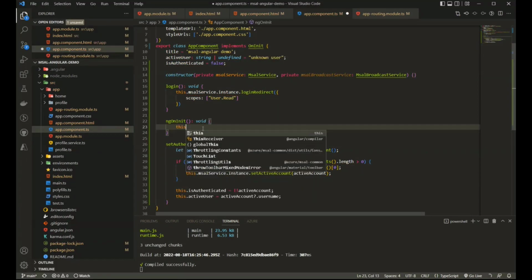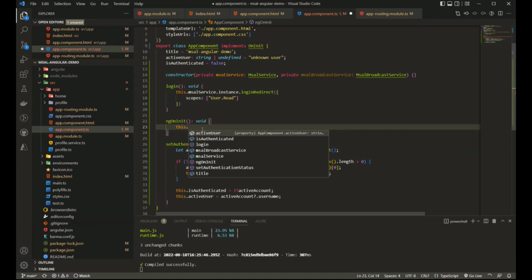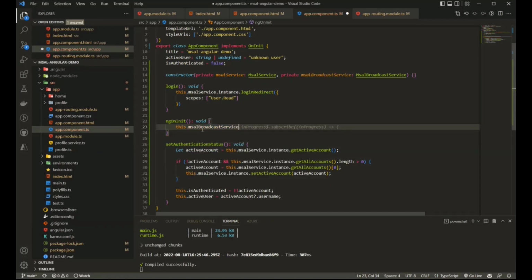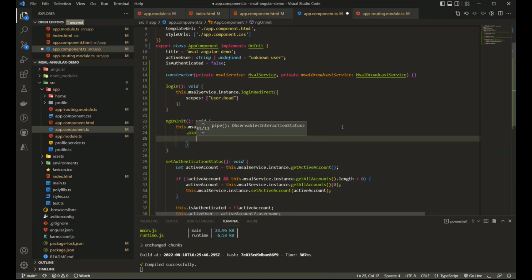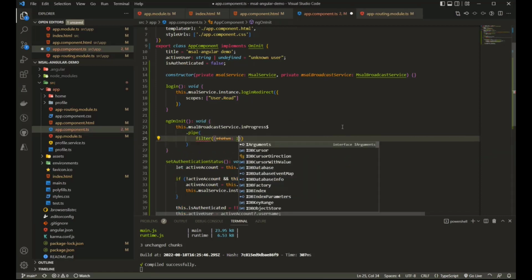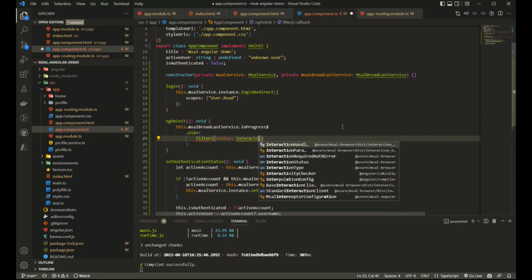And then I can access this broadcast event. I'll have the in progress observable there that tells me what's going on at any moment. I'll go ahead and filter out the status, which will be interaction status or type interaction status from MSAL.